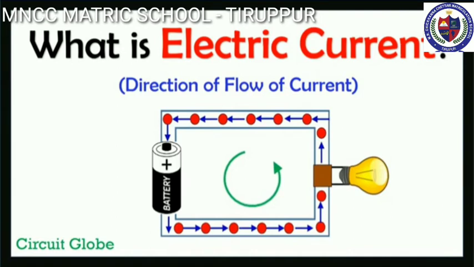Next we move to what is electric current. When the charged object is provided with a conducting path, electrons start to flow through the path from higher potential to lower potential region. Normally, the potential difference is produced by a cell or battery. When the electrons move, we say that an electric current is produced. That is, an electric current is formed by moving electrons.